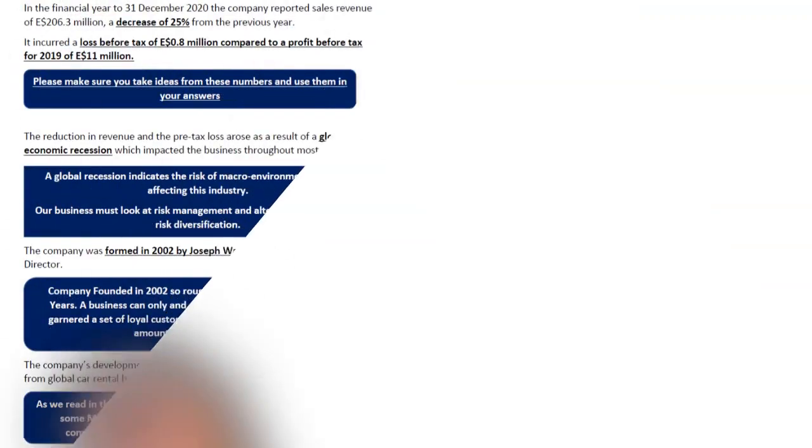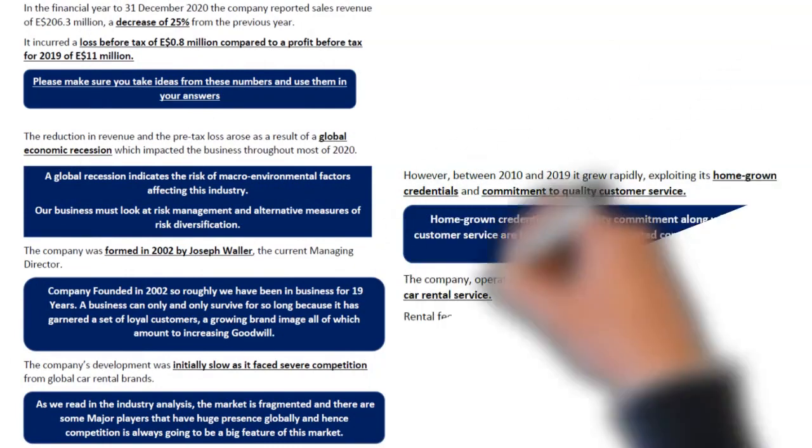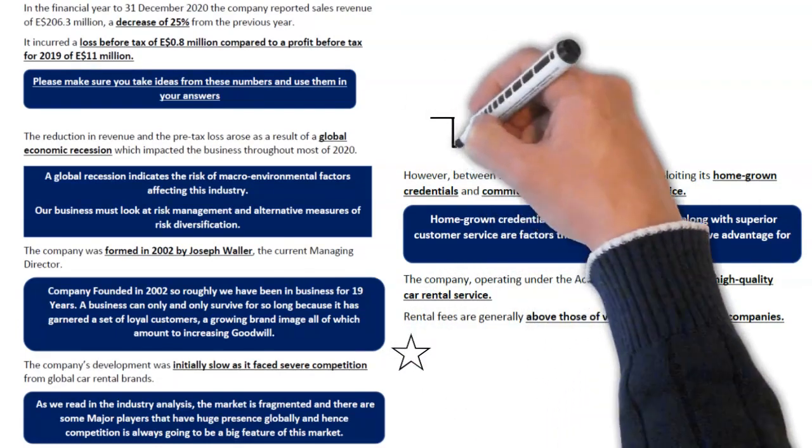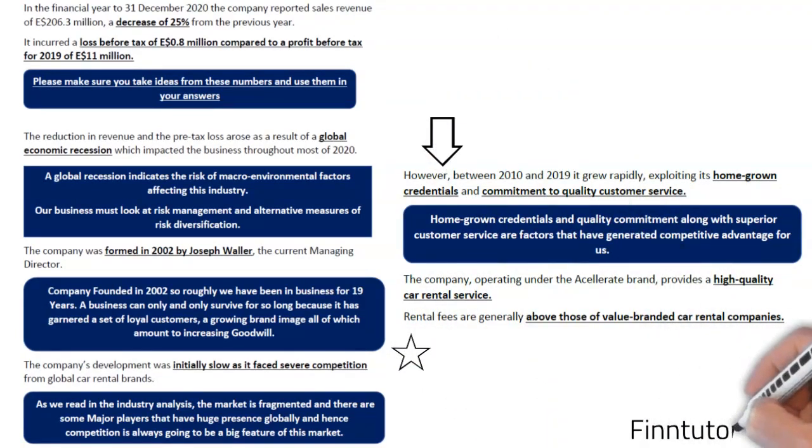Moving on, in the financial year ended 31st December 2020, the company reported sales revenue of 206.3 million, a decrease of 25% from the previous year, which means in your current year ended 2020, your revenue was 25% less than the previous year. A worrying sign, something that we must keep in our mind. It incurred a loss before tax of 0.8 million compared to a profit before tax of 11 million in